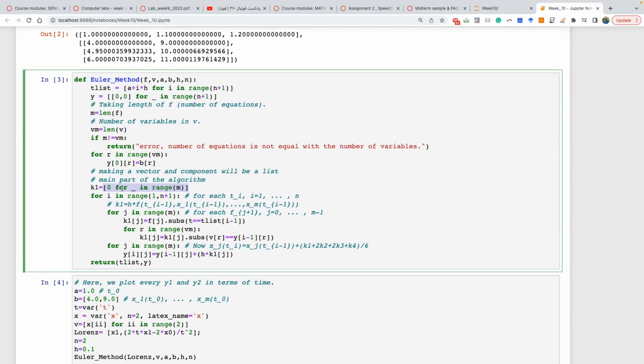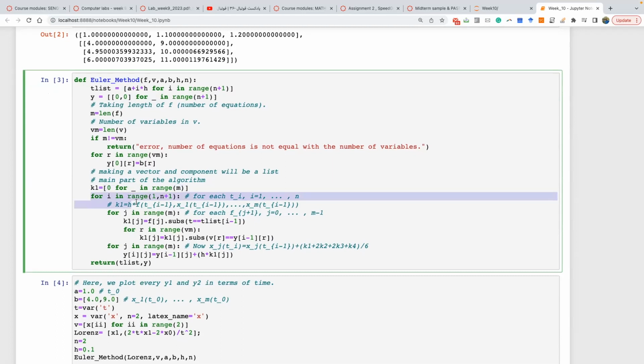So anyway, these are the programming tricks. You can do it, but K1 is coming from this F of, by substituting the independent variable. The independent variable initially comes from this, A plus I times H. Whatever K1 is, this guy, and K1 also